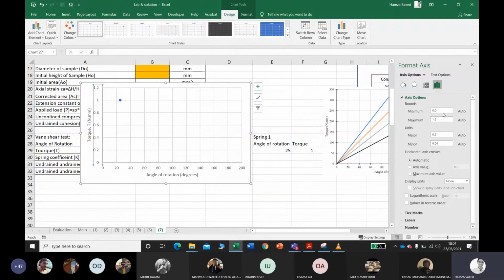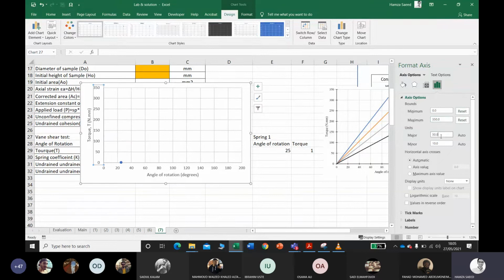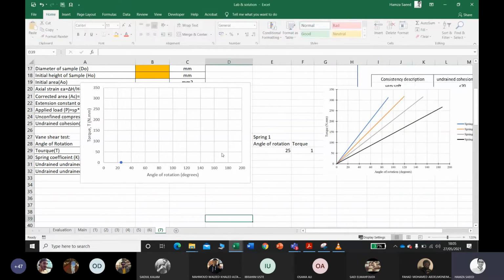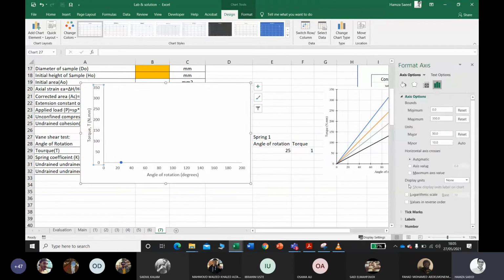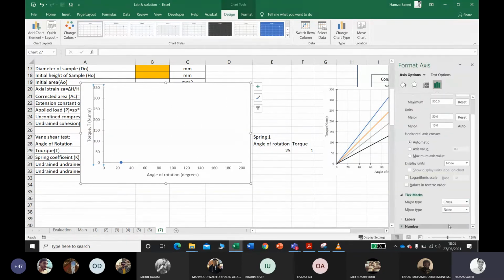For the y-axis, the minimum is 0 and the maximum is 350 with major intervals of 50. Now I am going to remove these grid lines and place tick marks, similarly for the x-axis as well.